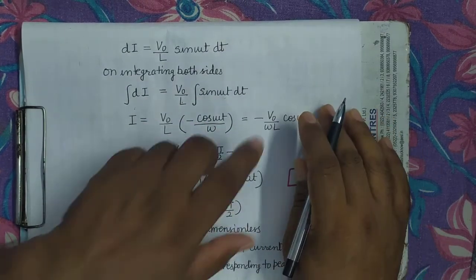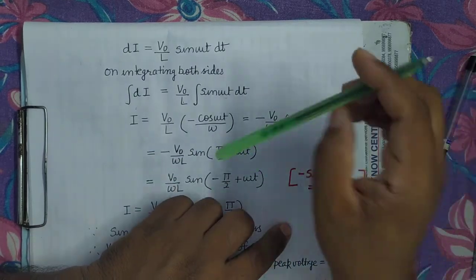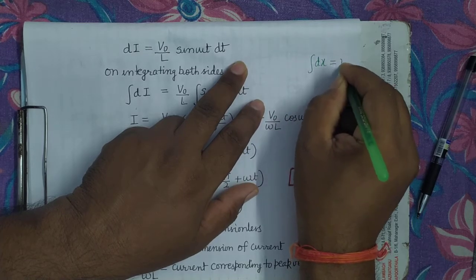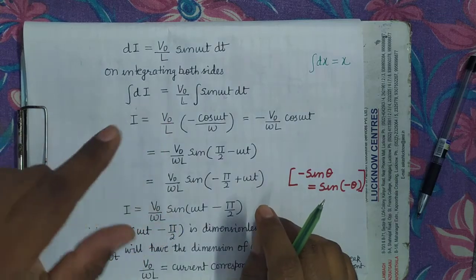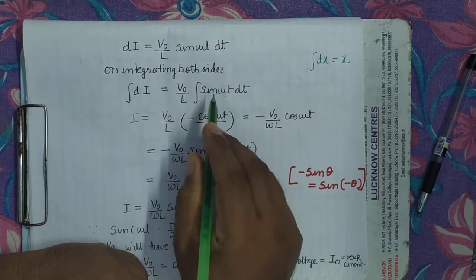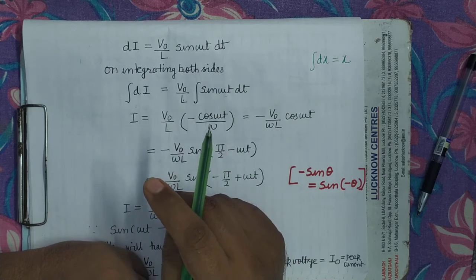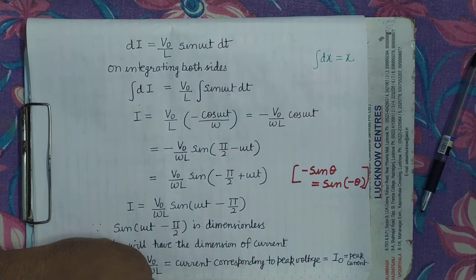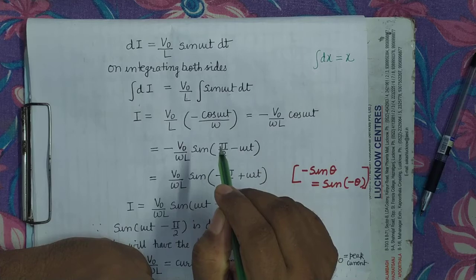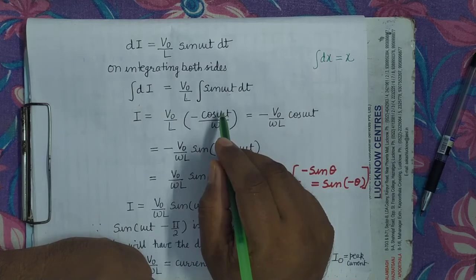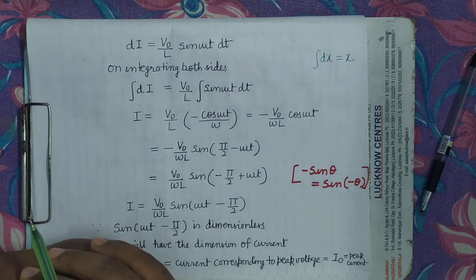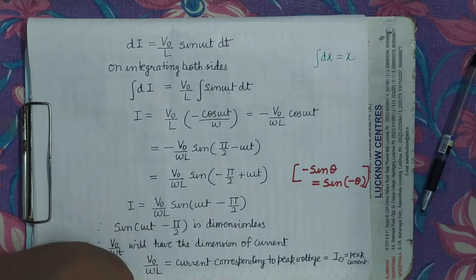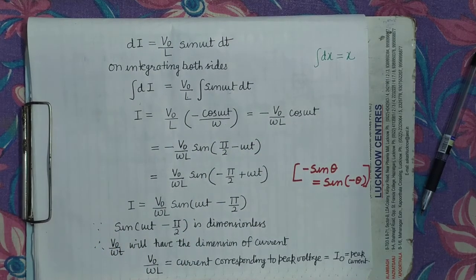Integral di is just like integral dx equals x, as we know that integral dx equals x. Therefore, integral di will be equal to I, times V naught upon L. And when we integrate this, it will come out minus cos omega t upon omega. It's clear? Maths students know, and bio students can directly remember this, that on integrating sin omega t you will get this. I have already explained this in the previous lecture, so you can see from there.